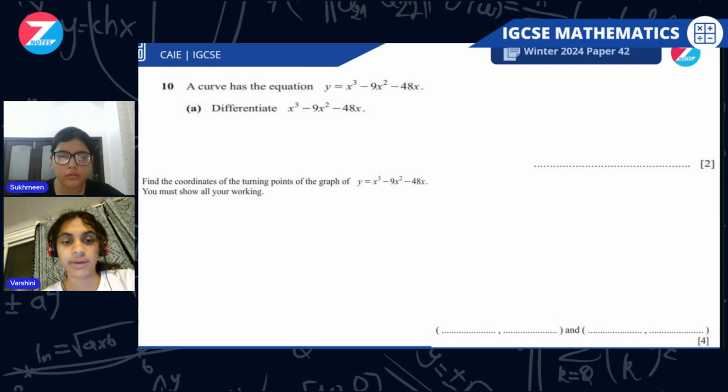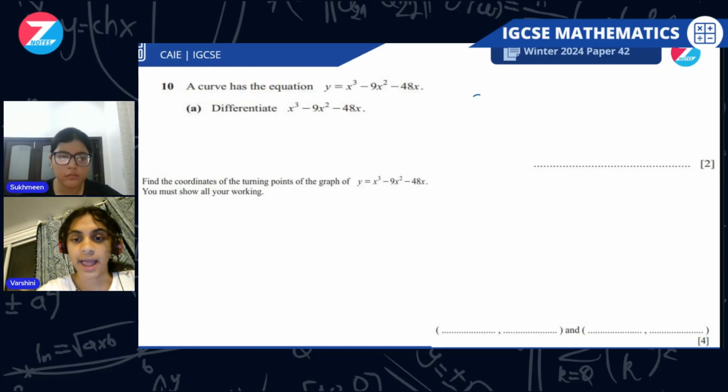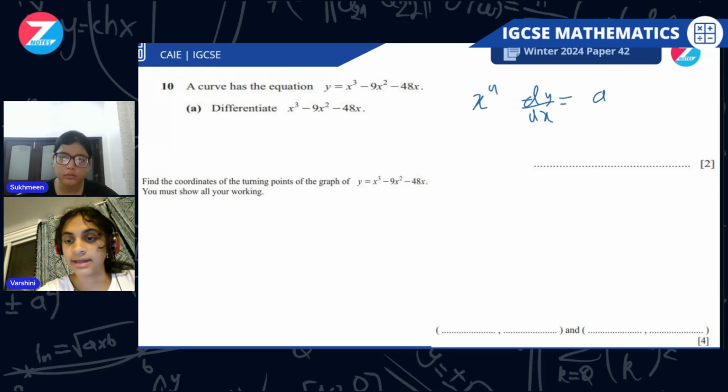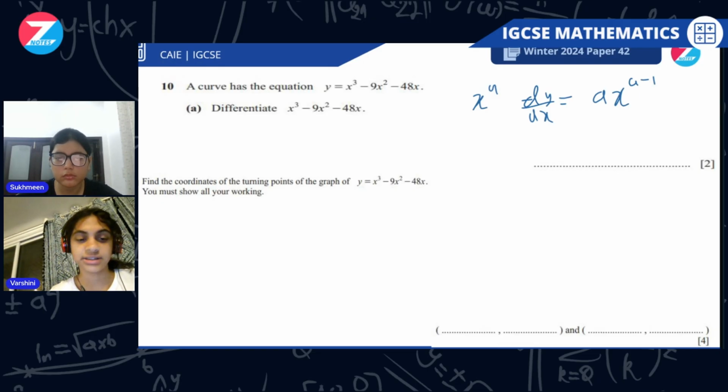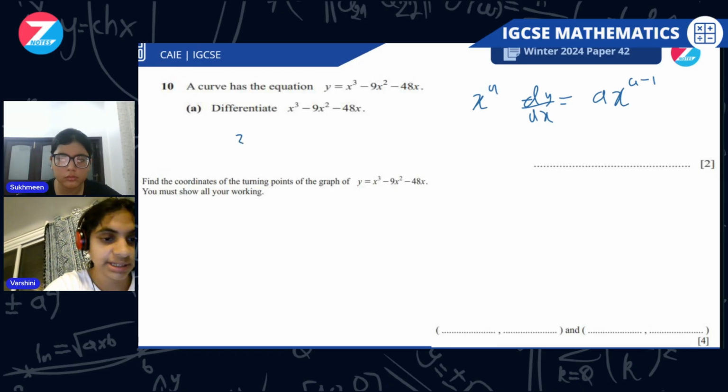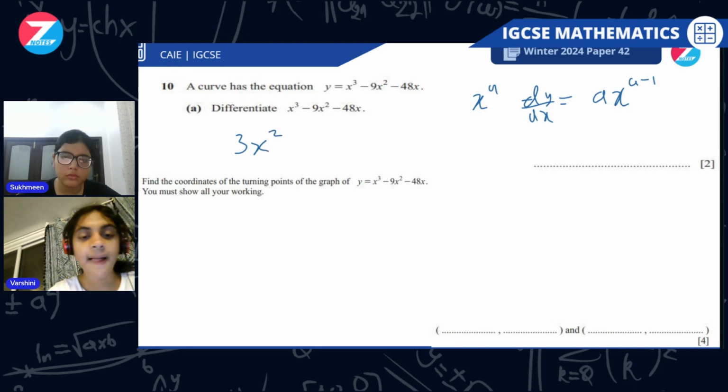So to do dy by dx, we know that the formula is just for x to the power a, dy by dx will give us a times x to the power a minus 1. So now we just have to apply this rule for all of these three terms. So x cubed will be, so here 3 is a, so it's going to be 3 into x to the power 3 minus 1, which is 2. And for this,